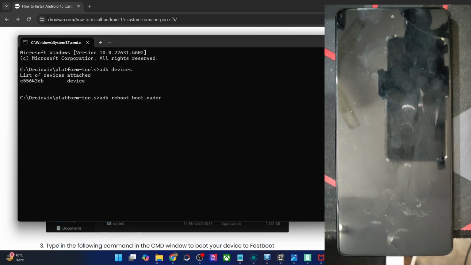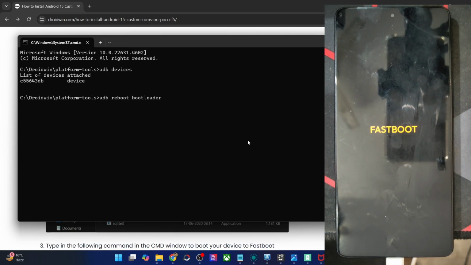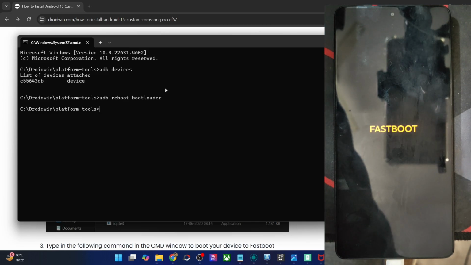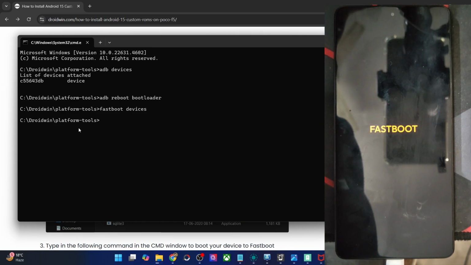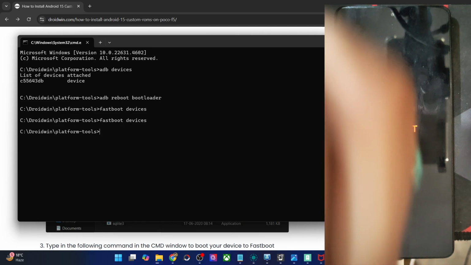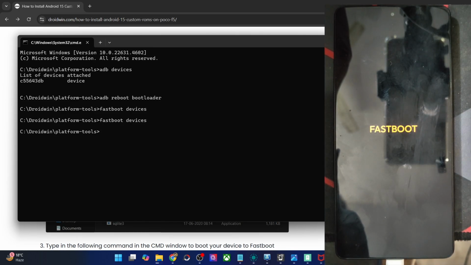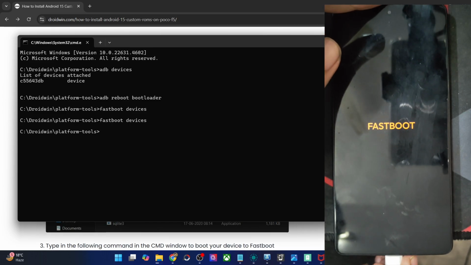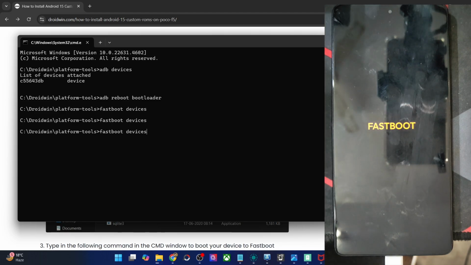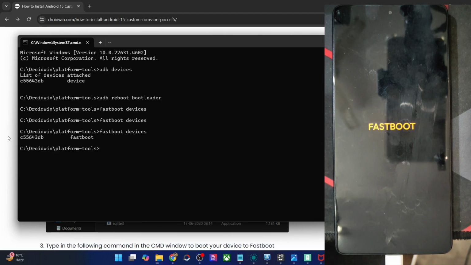Once it's in the fastboot mode, you will have to verify the fastboot connection as well. So for that, just type in the command fastboot devices. So wait a few seconds and now type in fastboot devices and make sure that you're getting an ID. So if you are not getting any ID, then you have to unplug and replug your phone from the PC. In some cases, just restarting the CMD window might get the job done as well. So we are now getting the ID,